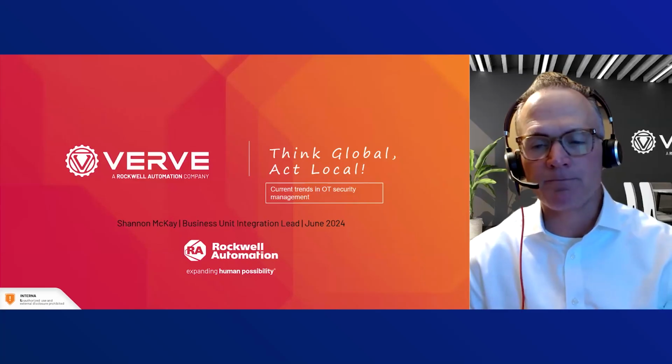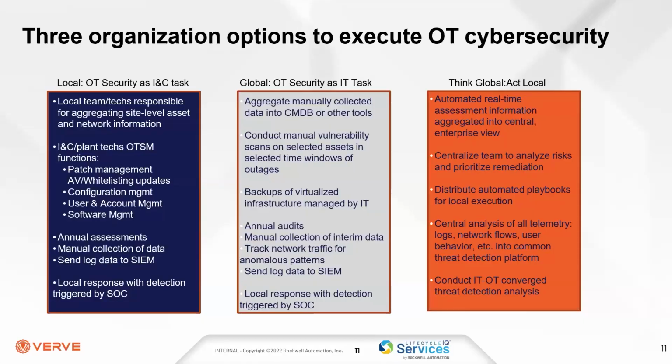Next slide, please. We've been seeing this trend for quite some time, and really what we're trying to show here is that manufacturing, which is the space that Rockwell Automation plays in exclusively, so we're talking about OT-based cybersecurity, not the IT side of things. Organizations in the manufacturing space generally look at three different ways to solve the cybersecurity challenge within the OT space. You can do things locally, which is at the plant level or a site level, where